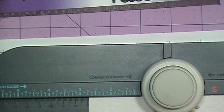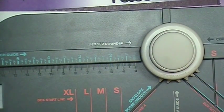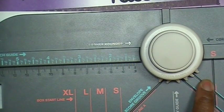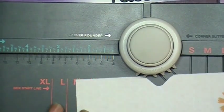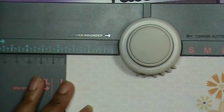Now you're probably wondering, how do you know which score mark to put this in? Well, on this side it says envelope score line. So the orange lines are for you if you're going to do a box. You would do the orange lines, and if you're going to do an envelope, you're going to use these lines. So now, I actually probably shouldn't have taken that out of there, but